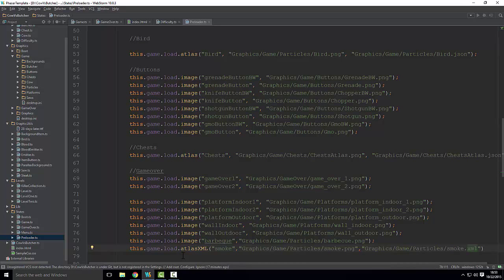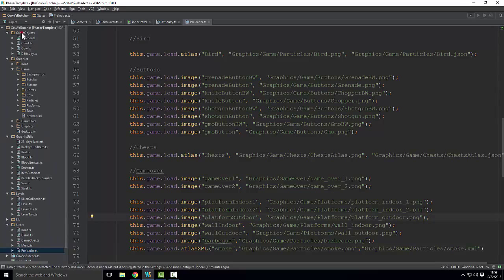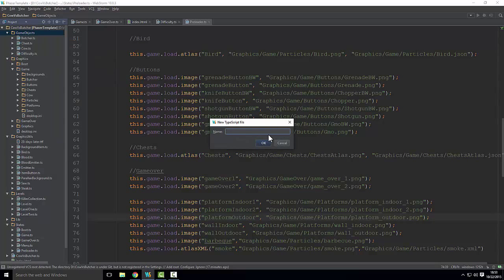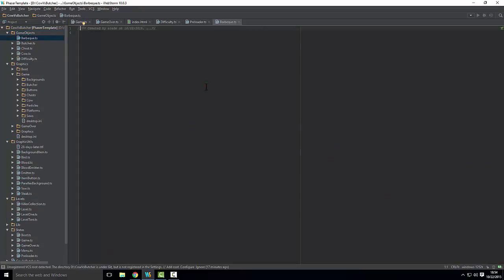Alright, so let's go and make a barbecue. That's going to be inside game objects. New TypeScript file. It's going to be relatively short. I'll explain to you now what the idea is for the barbecue. And I don't have any more screenshots because this is fresh code from today. So yeah,